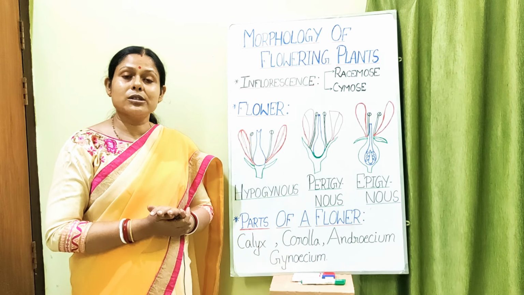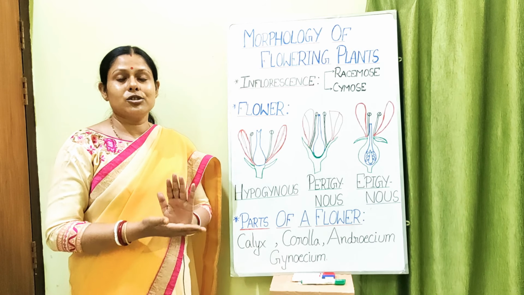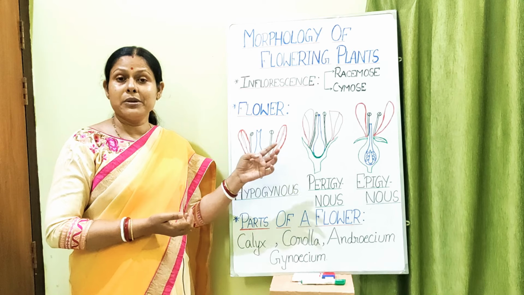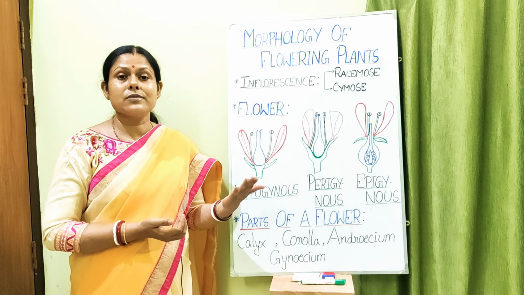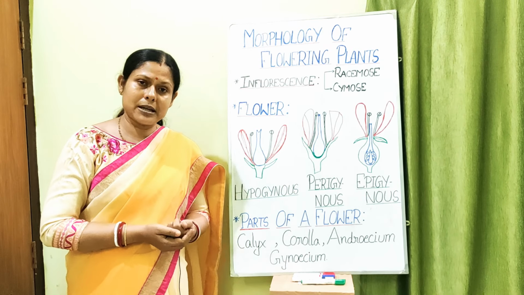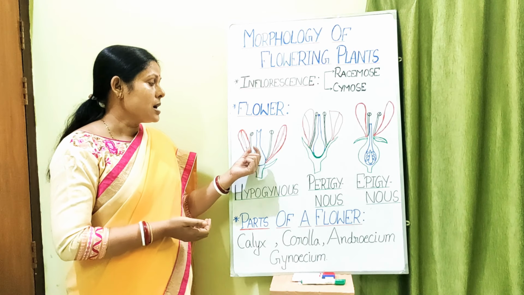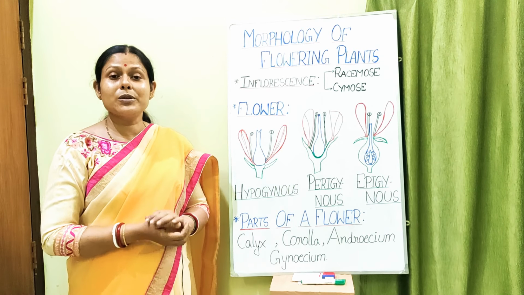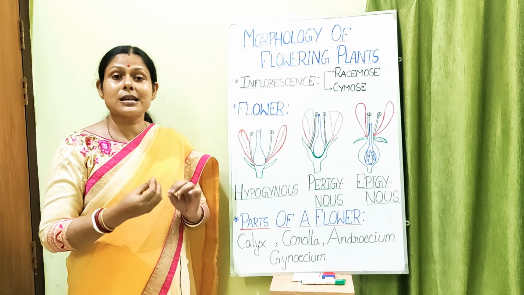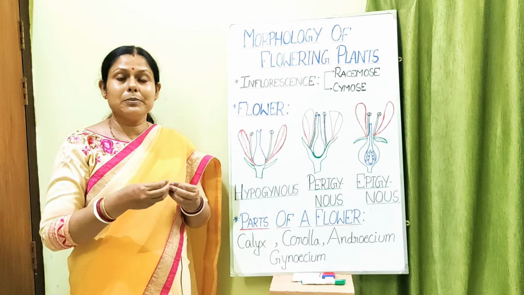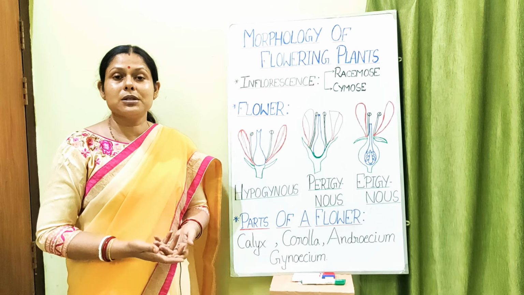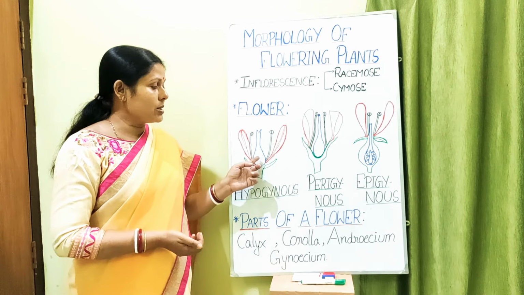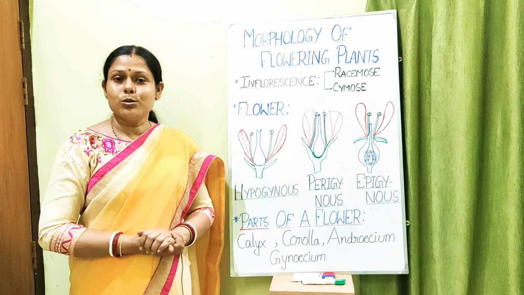So sometimes this question comes, what are the non-essential parts of the flower? So non-essential parts of the flower are calyx and corolla because they do not take part in the process of sexual reproduction in case of flowering plants. And essential whorls are your gynoecium and androecium. Why are they called essential whorls? Because they are producing the ovules and the pollen, which when they fuse, will form the zygote, the seed, and the next generation will develop from them. So that is why they are called the essential whorls of the flower.